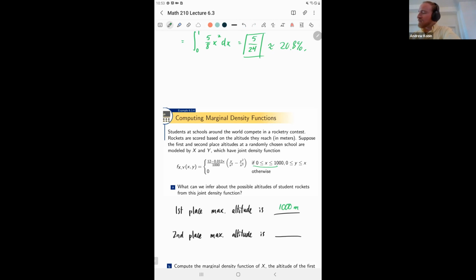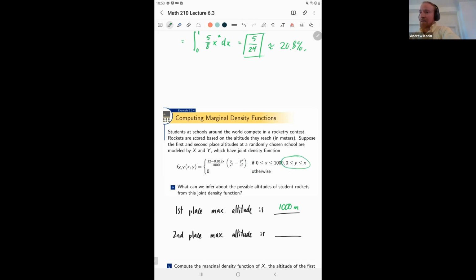So among all of the possible schools, that's the highest x value, the highest first place score that has any non-zero probability of occurring. So the highest maximum altitude of any of the schools is 1,000 meters. And on the other hand,